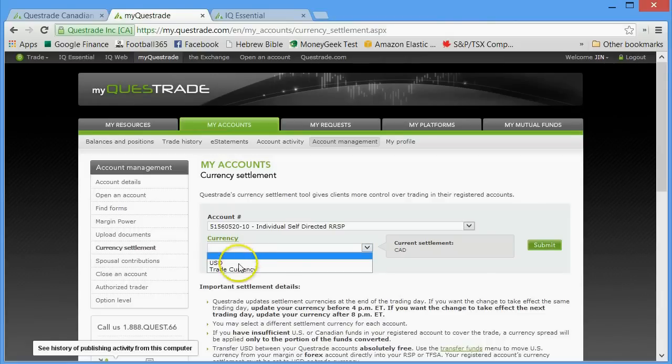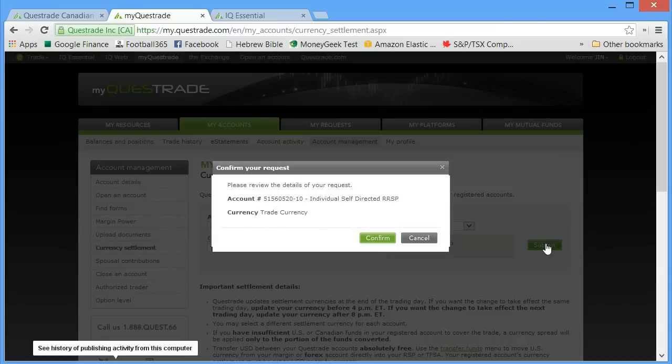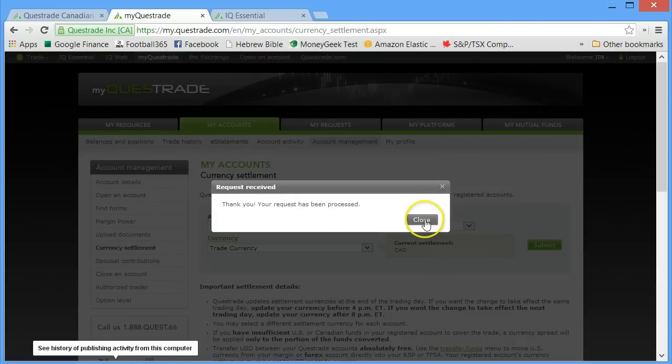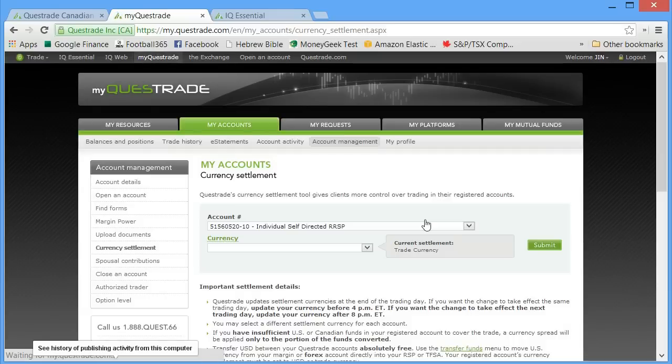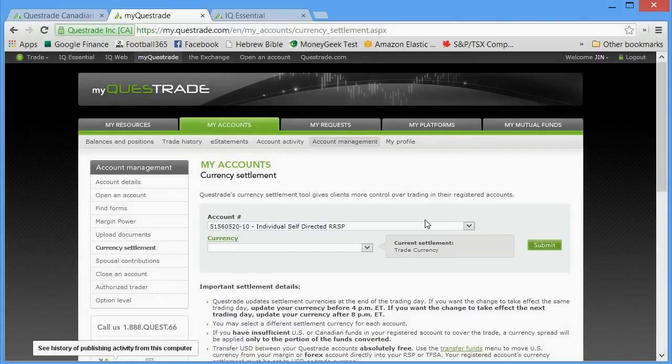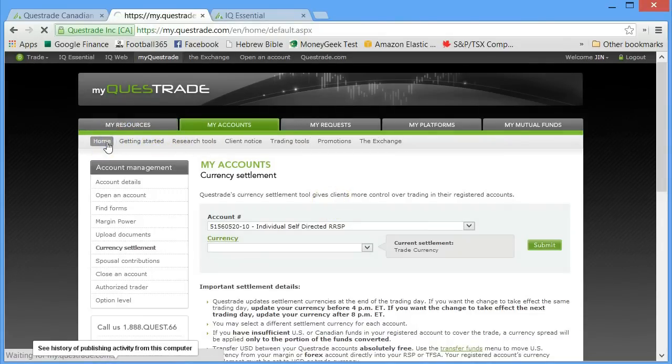And then choose Trade Currency. And I believe the request is filled instantaneously. So with that done, what you should do next is go back to Home,